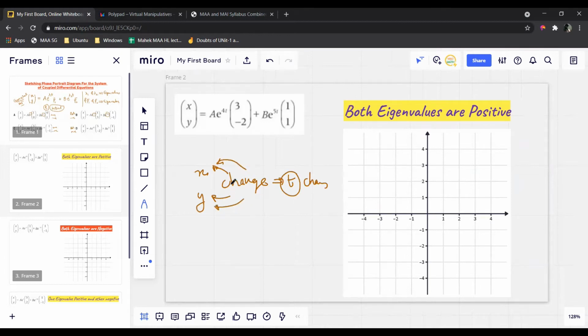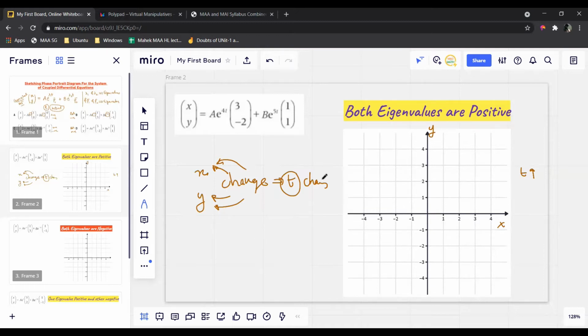This change in x and y is portrayed in the phase portrait diagram, wherein the horizontal line is the x-axis and the vertical line is the y-axis, and time is a parameter which connects both variables x and y parametrically. So as time changes from, let's say, 0 to 5 years, 10 years, what corresponding change happens in x and y, that diagram will be called the phase portrait diagram.